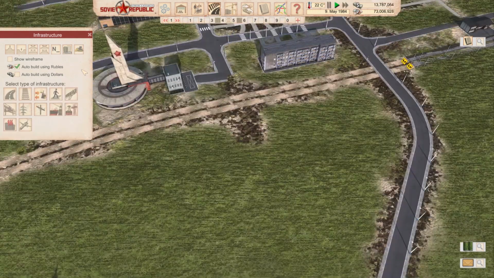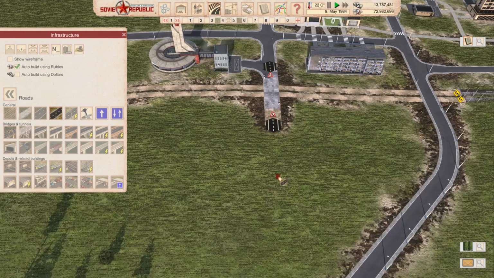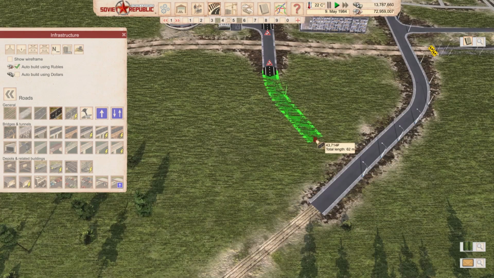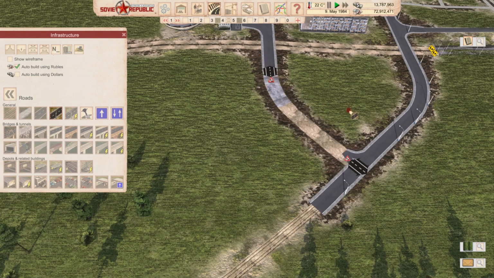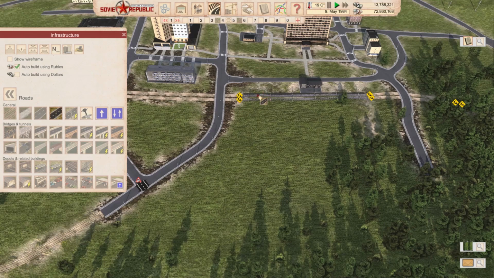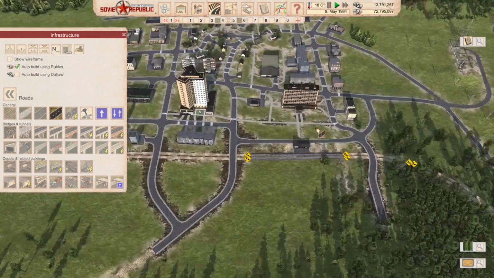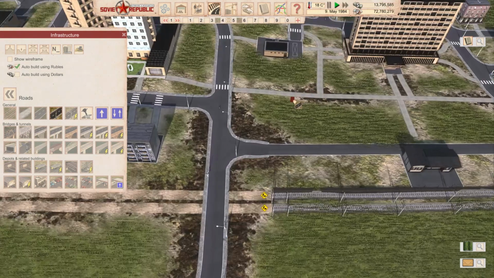Yeah, let's just continue with these roads. I'm not really worried about big traffic being here. People are gonna walk around here, and let's go and build something like this. Why am I building these roads everywhere? Because they are a substitute for pedestrians as well. There are pedestrian paths as well, and I don't have to build a lot of these pedestrian